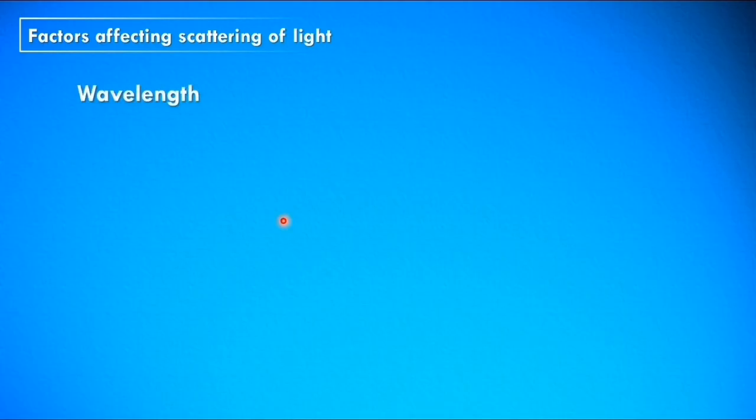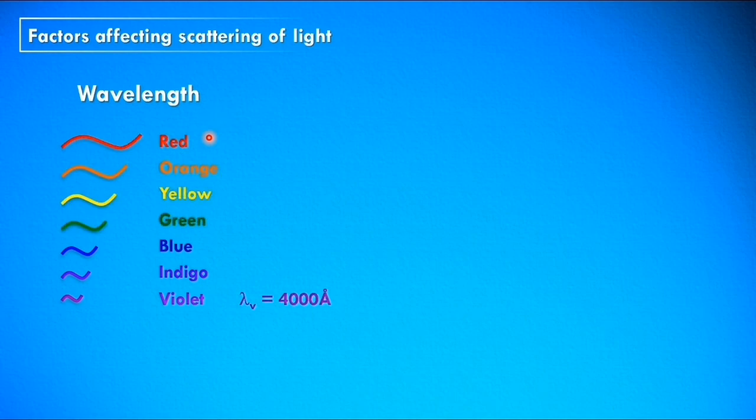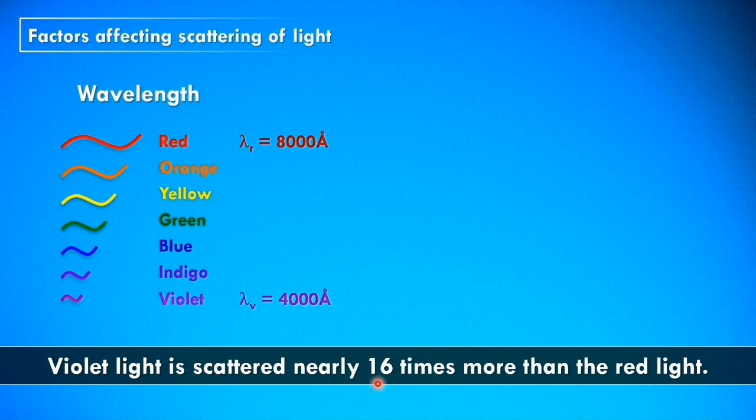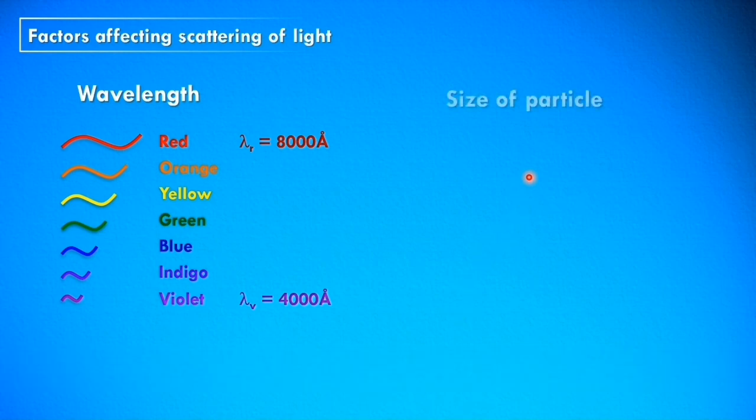Now let us see what are the factors affecting scattering of light. So first factor to hoise wavelength. Etia soa, a spectrum tut violet light or wavelength to hoise 4000 angstrom. So a to hoise angstrom, it is a unit of measurement for wavelength. Okay? Aru red light or wavelength to hoise 8000 angstrom. So violet light is scattered nearly 16 times more than the red light. Etia soa second factor to hoise size of particle. So the color of the scattered light also depends on